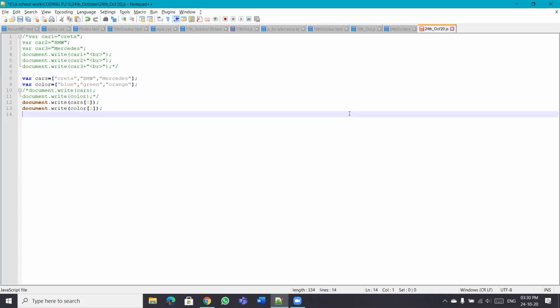And for the colors, we wanted to show the third value. That's why we have an index of 2 over here. Now, let's take for example, suppose you do not know how many elements are in this array. It may happen. We'll solve that problem later, not this time. Okay, we'll come to that problem later.